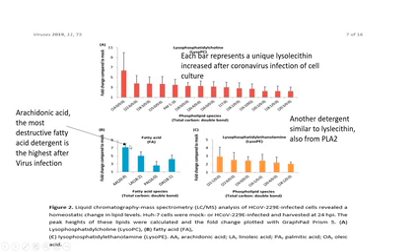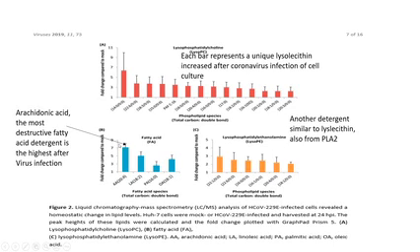It's also found that after the infection, the most destructive fatty acid, which is arachidonic acid, the fatty acid with by far the most potent detergent activity, has increased about 7-fold after the